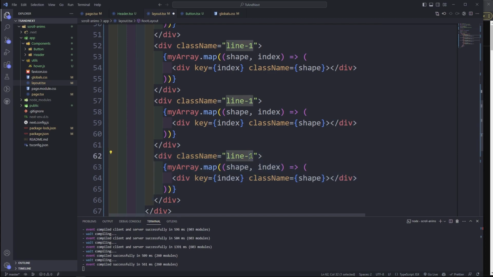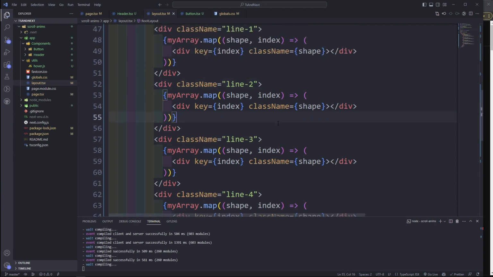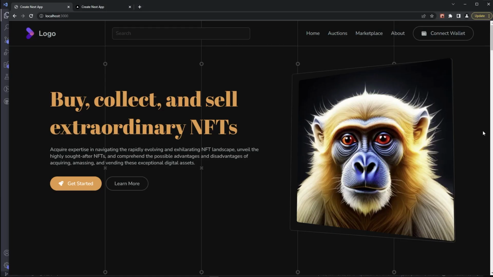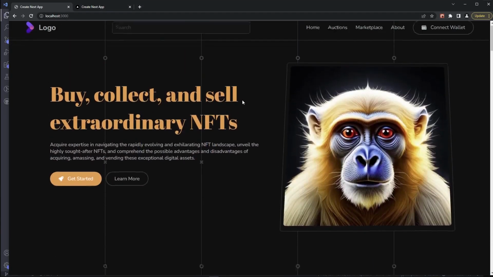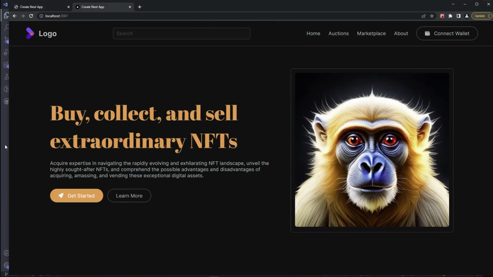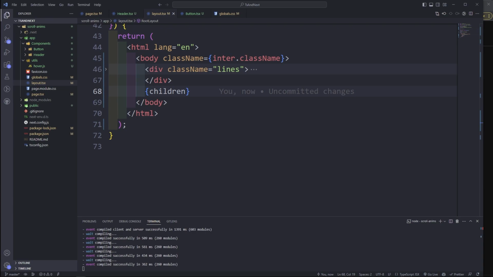So we're going to have line 4, line 2, no 3, and then line 2. So now we have 4 lines. So I'm just going to collapse. So we need to display flex these lines. What I'm going to do, we're going to style this, right? So where else can we style this? So let's go in the global